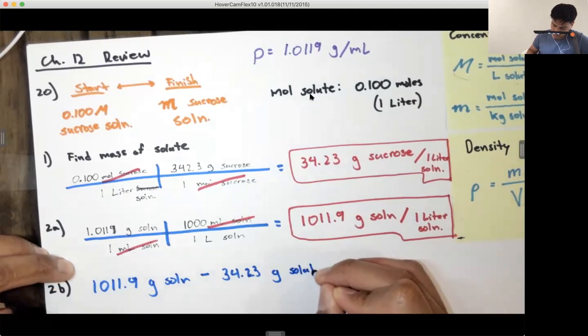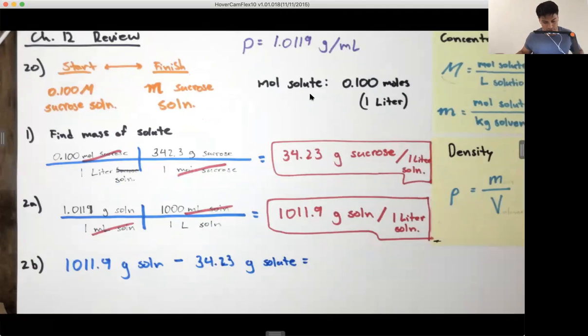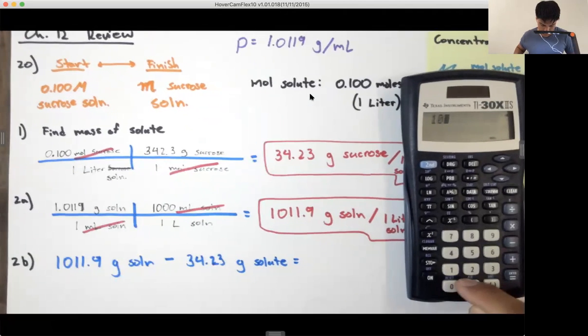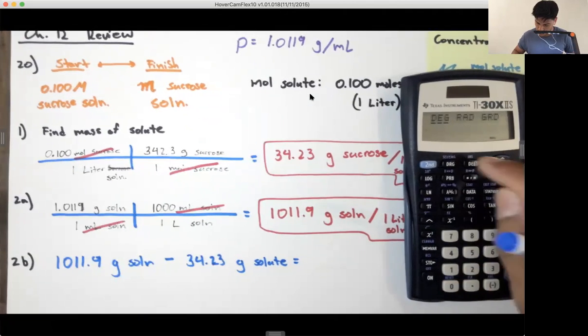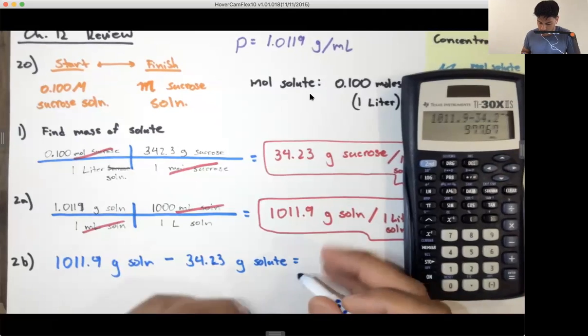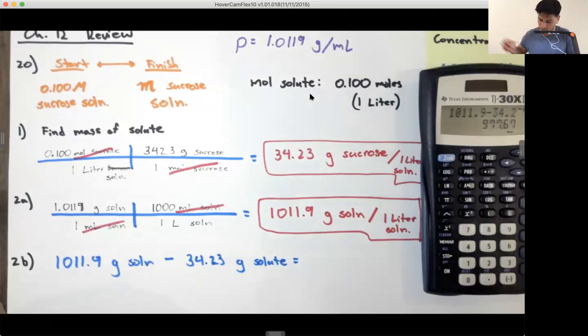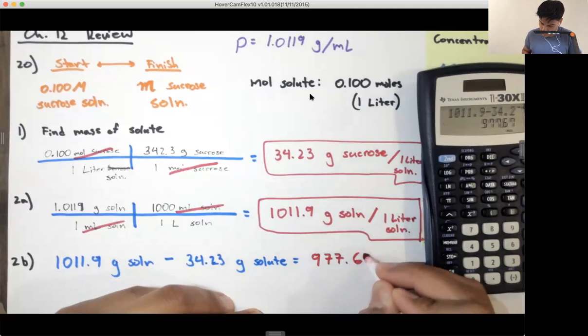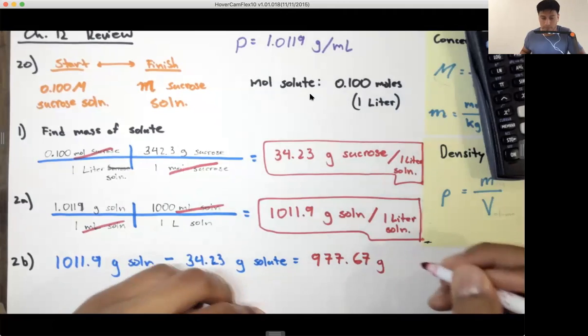I'm going to write solute here, even though we know that it's going to be sucrose. Okay, and then what do we get when we do that? 1011.9 minus 34.23, and then we get 977.67